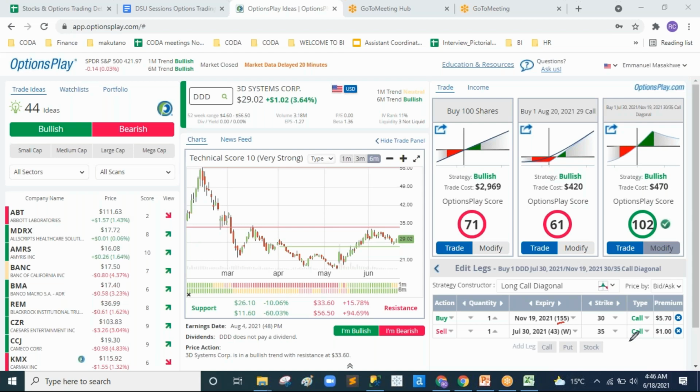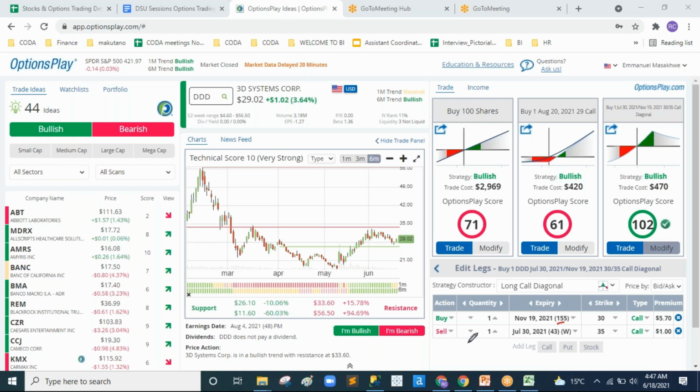You think so? It has to be 90 to 180 for the long. That's 155. So it's not 180, but it's between there. And then for the sale, against the long call, it has to be 30 to 60. And this is 43. And then